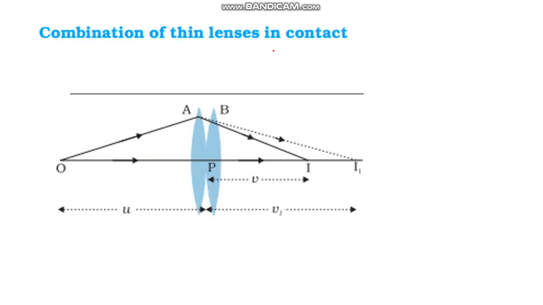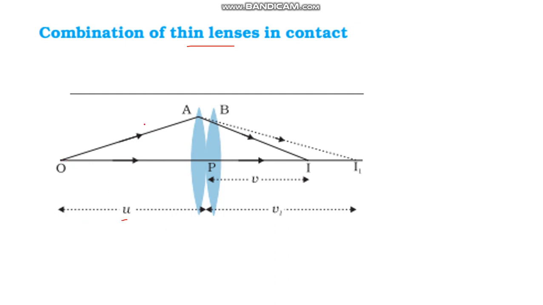Next we will move on to combination of thin lenses. Suppose two thin lenses are joined together, what happens? So here we are placing an object which is well beyond the focal length of this lens A. Lens A and lens B are very thin, so we can assume that their optical centers are almost coinciding. This O is kept at a distance which is a little more than the focal length of A, because we don't want to end up with parallel rays emerging out of that. So this U is the object distance.